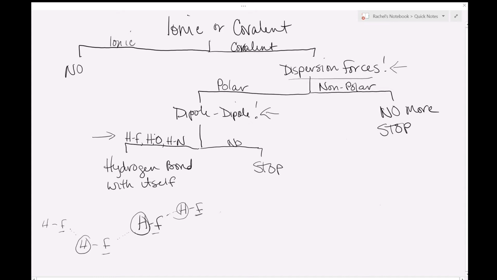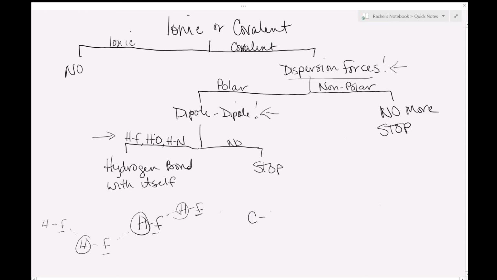And so because it can hydrogen bond to itself, that means that it has a greater attraction. Because the molecules want to stick together, it's going to have a higher boiling point. It's going to be harder for these molecules to split off and float around everywhere like a gas. It's going to take more energy to get them to do that. And so because they can hydrogen bond to each other, that's going to make a big difference in its boiling point. And we could do the same thing with, let's say I have